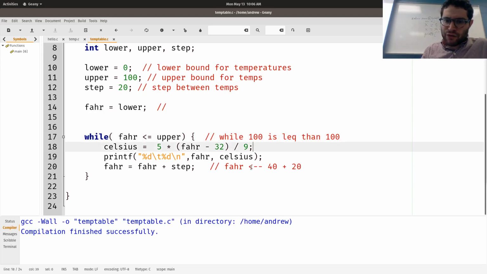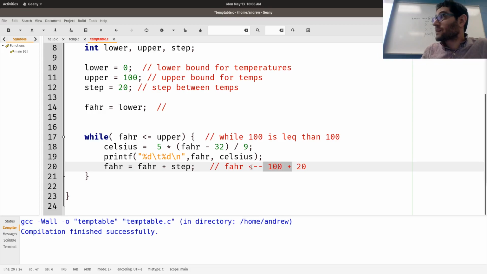And then we'll figure out what the Celsius value is for 100, print out the two values, the Fahrenheit value of 100 and the Celsius value of whatever that is. And then it will say Fahrenheit is equal to Fahrenheit plus step. So we're going to store inside of Fahrenheit 100 plus 20, right?